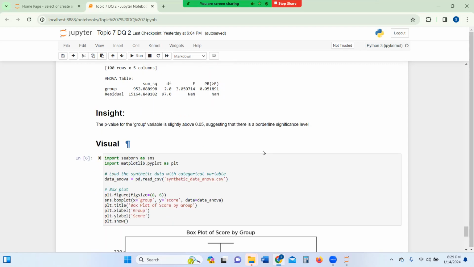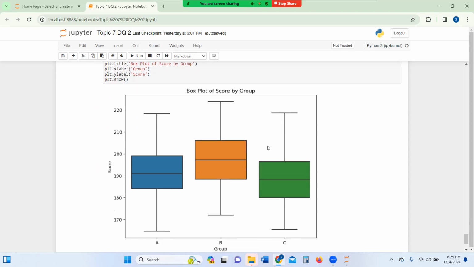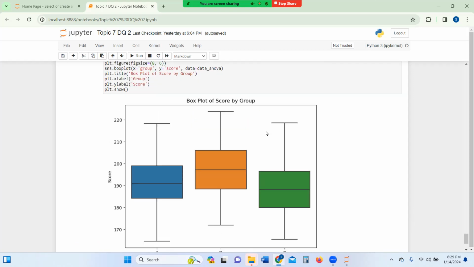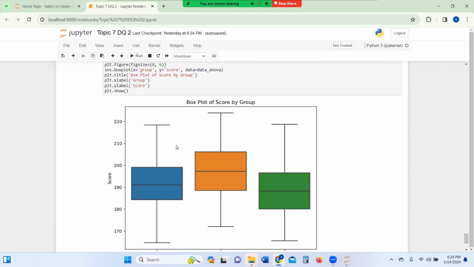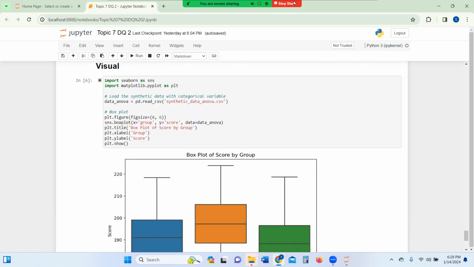On the visual here, this is a box plot. It uses Seaborn to visually represent the distribution of scores across the different groups, A, B, and C, in the generated data. This gives easy comparison, and it also shows if any outliers are present, and in this case, there are none present. So that is my presentation on